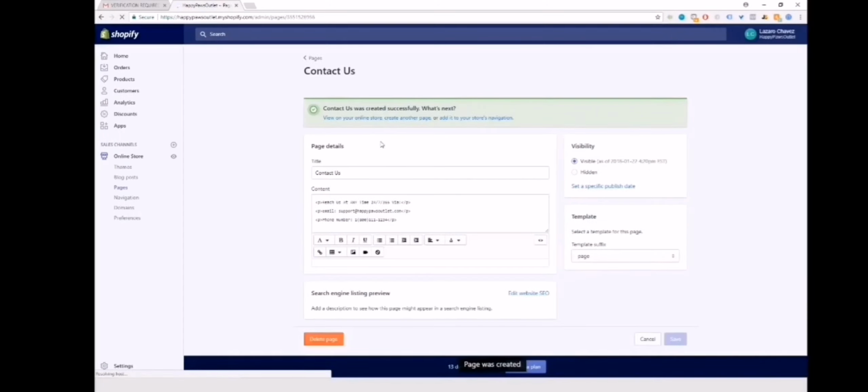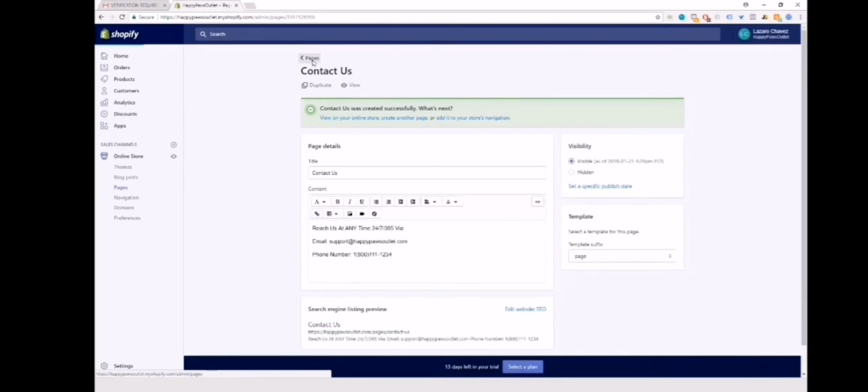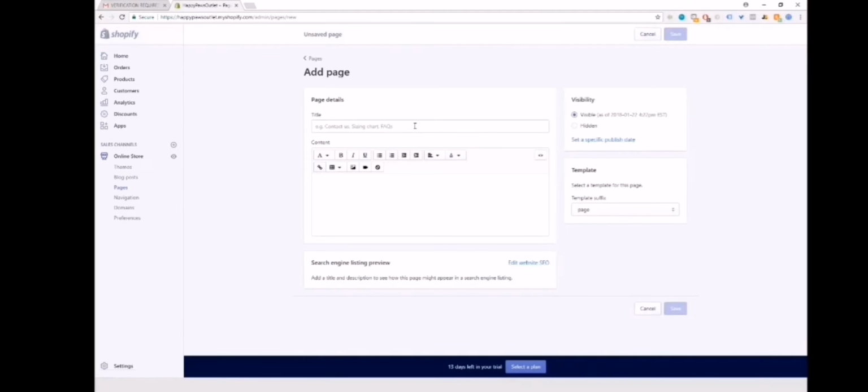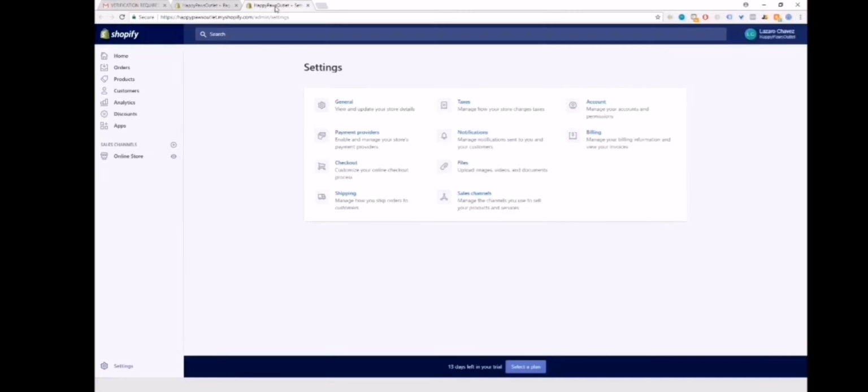So we've already created a contact us page. It's right here. It appears on the pages. Now we want to add the very important pages, the terms of service, all those legal pages, because we need to have those available on our site. So what we're going to want to do here is open this in a new tab, because we're actually going to copy and paste over all the information. So we're going to go into checkout,